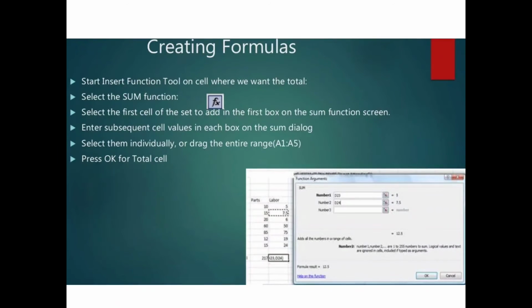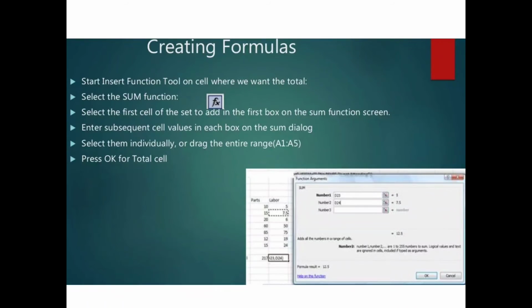Next, creating formulas. We can create formulas using Excel 2013. Start the insert function tool on the cell where we want the total. Select the SUM function, and select the first cell of the set to add in the first box of the SUM function screen.